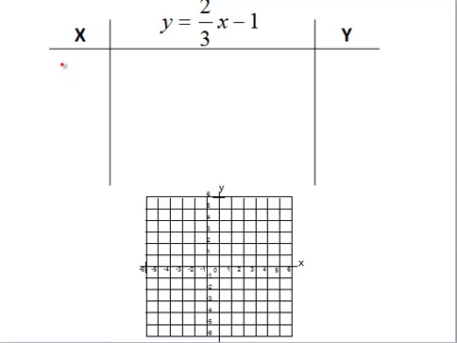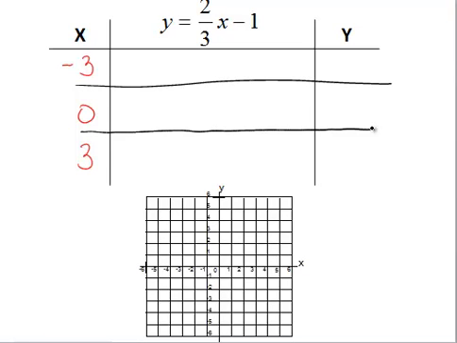In this case, I can pick, let's say, -3, 0, and 3. So what we're going to do is plug in these values for x into our linear equation to obtain a value for y. So in the first case, we have 2/3 times -3 minus 1, which in this case the 3's will line out, and we have a -2